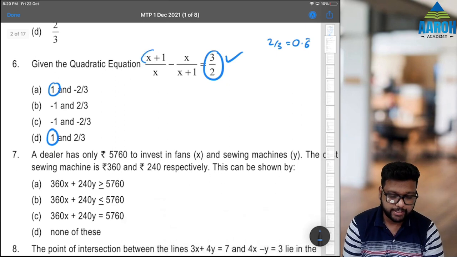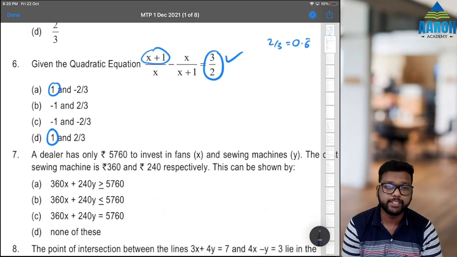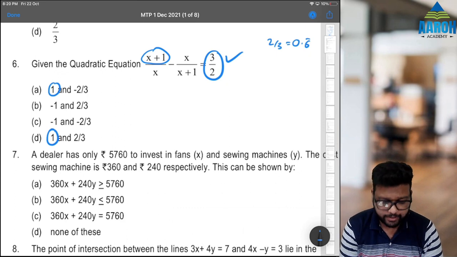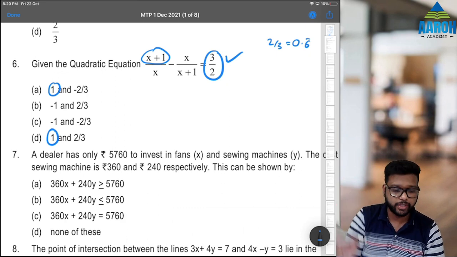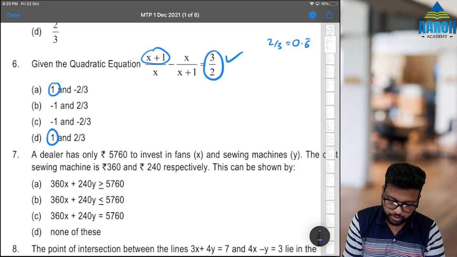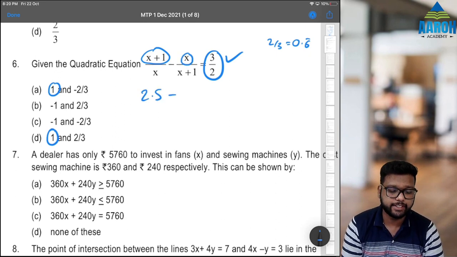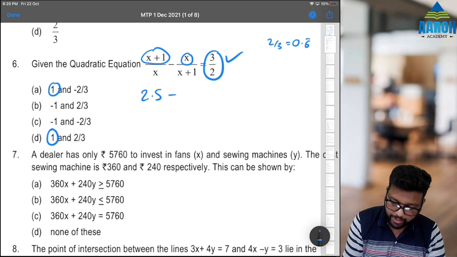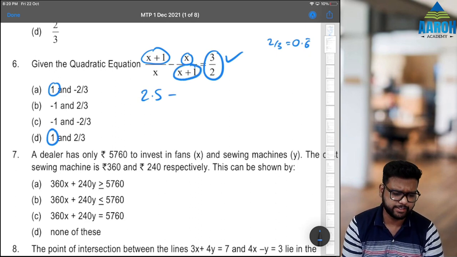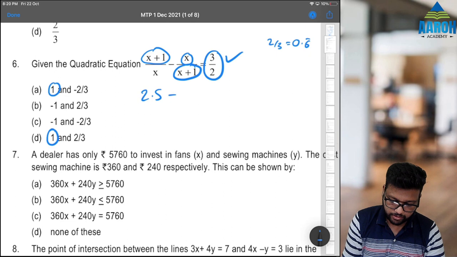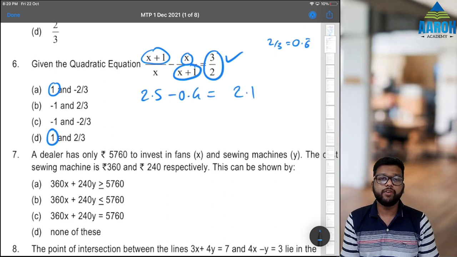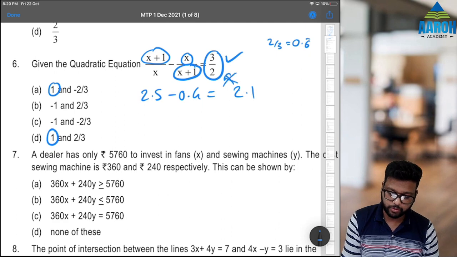1 plus 0.6666, 1 plus 0.6666 divided by x, that is 0.66666. Take it to the end. That gives us 2.5 minus, again x is what, 0.66666 divided by 1 plus x, that is 1.66666. That gives us 0.3999, which is 0.4. So this is 2.1, which is not equal to this answer.